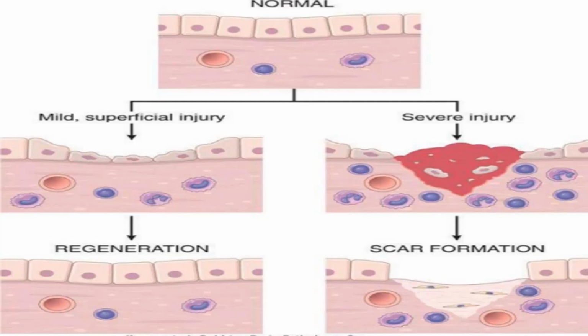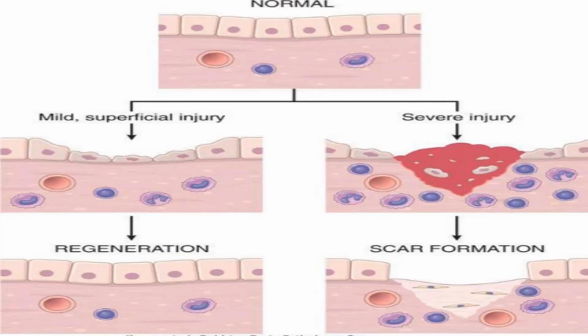On the other hand, this is a severe injury. You can see all the epithelial cells are completely destroyed here. You can't see the epithelial cells in this portion, and hence there is a deep injury, and the wound has gone below the epithelial cells, nearly entering into the vessel. So in this type of severe injury, there is scar formation. The healing is occurring here. The tissue repair is occurring here. Fibroblasts are produced in these sections, and ultimately there is the formation of the scar, which is permanent.